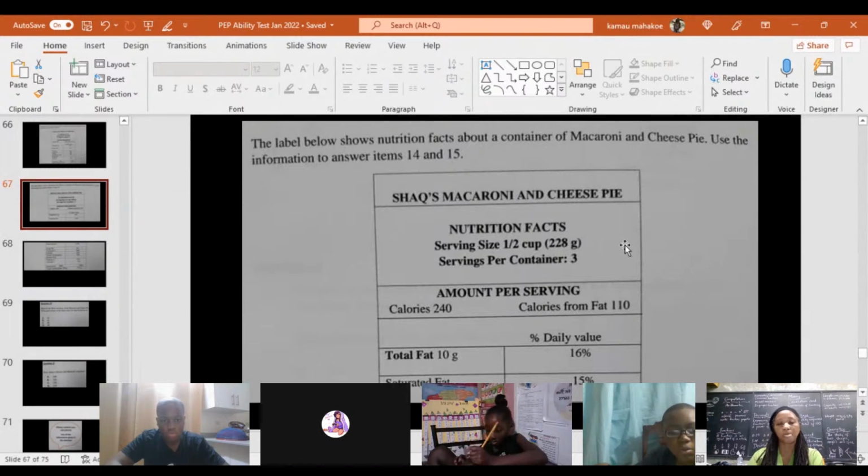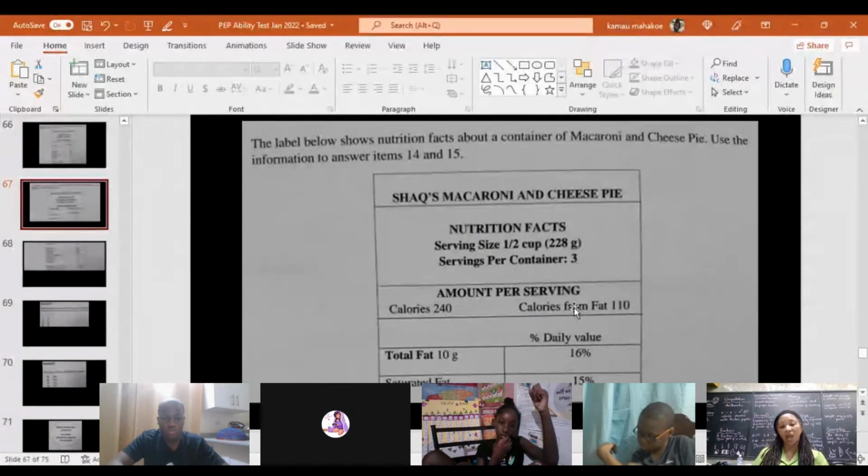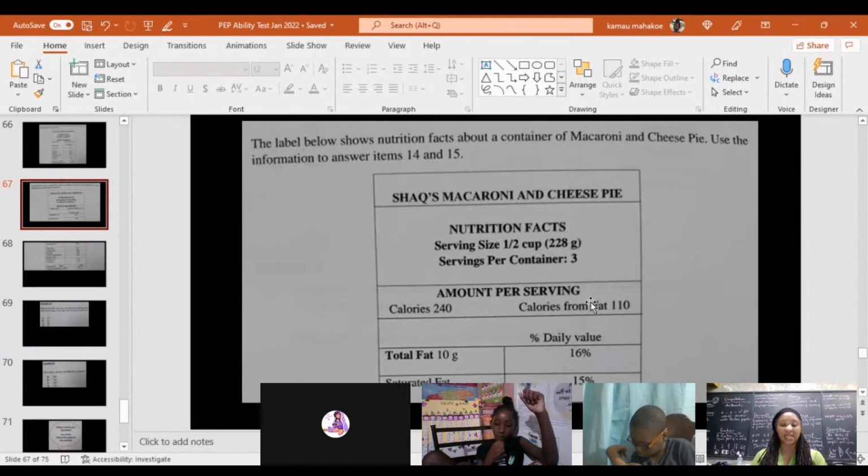Isn't that so? Oh no, I'm wrong, because this is amount per serving. Okay. So that's the amount per serving. So he eats the entire container, but we have to calculate it times 3 because